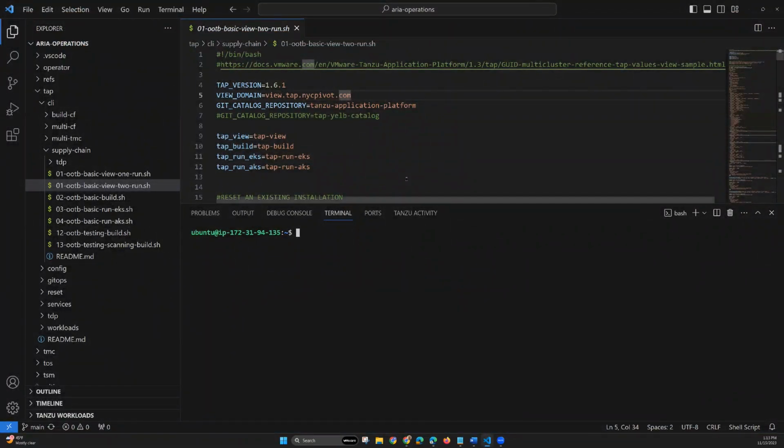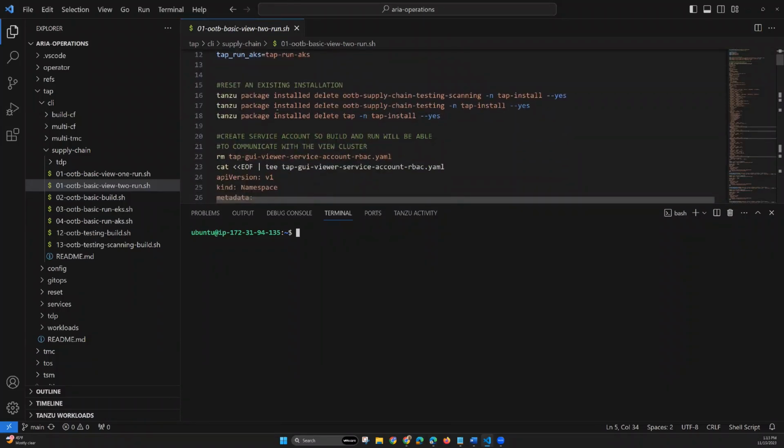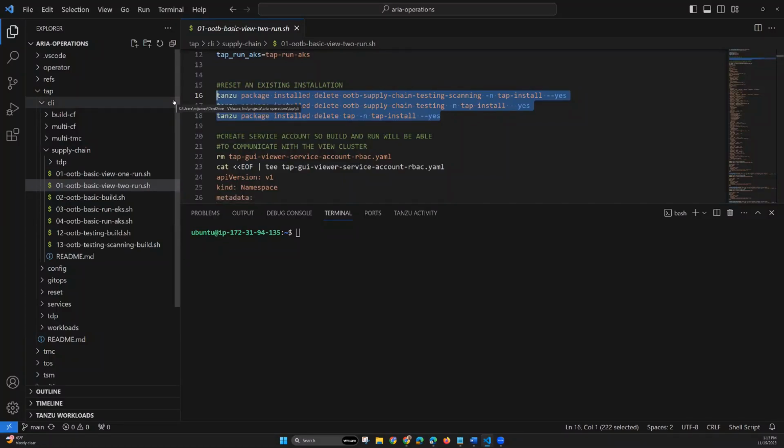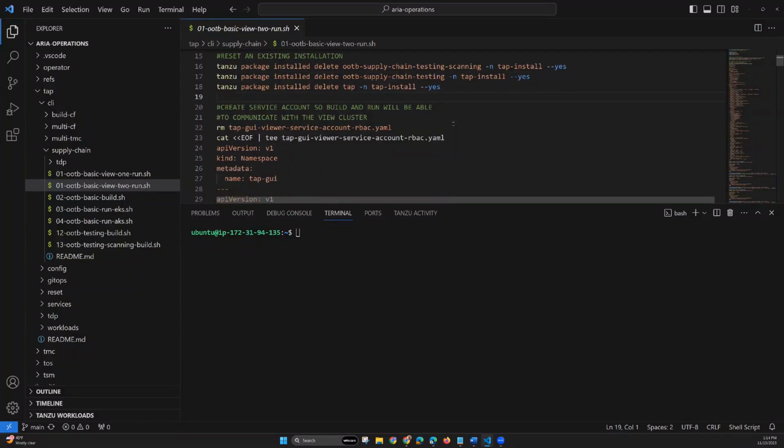Okay, so as we scroll down now, we're setting up variables for our clusters. Now, this section right here is just to delete everything that I install. Sometimes I have to make a configuration change that isn't remediated by just a simple update of the cluster. And sometimes I just find it better to wipe everything out and start over again. So that's exactly what this is doing. Now, in most cases, especially in this series, we probably only need to delete this. These are other add-on features with different settings for testing and scanning, running unit tests, and the static code analysis